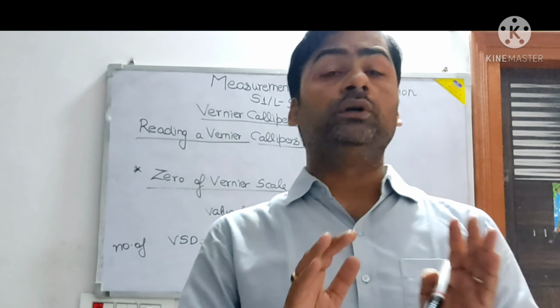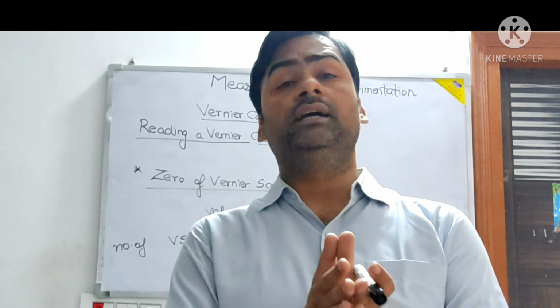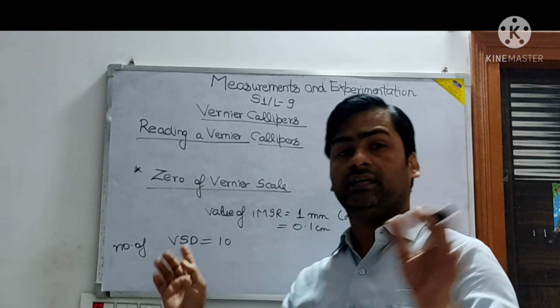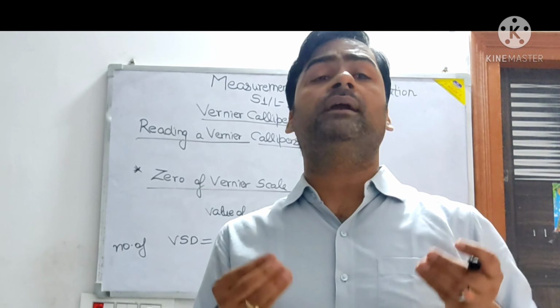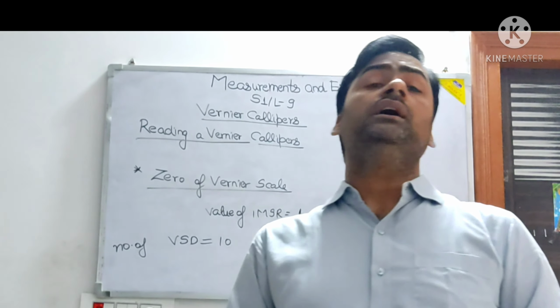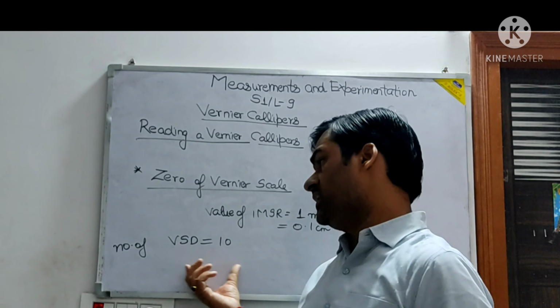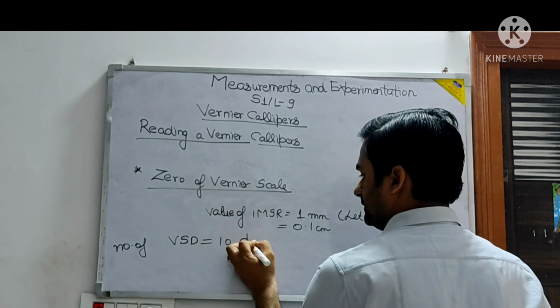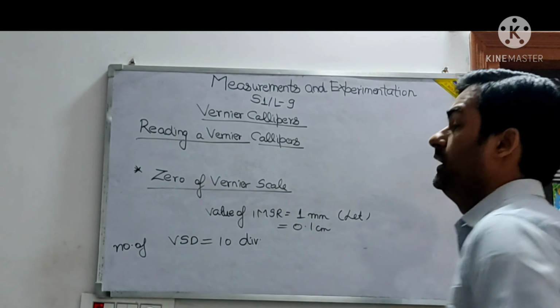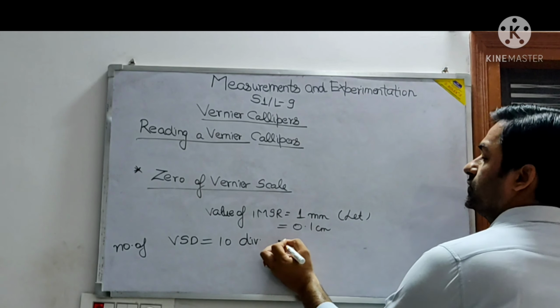So don't think that only 10 are there. Generally there are 10 divisions, and these 10 divisions coincide with